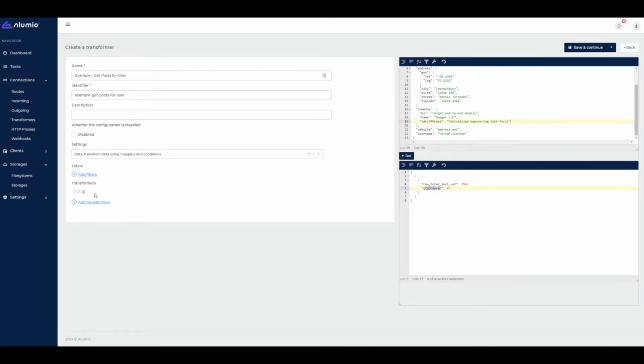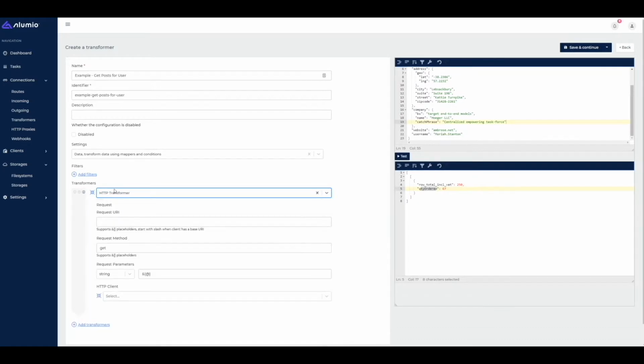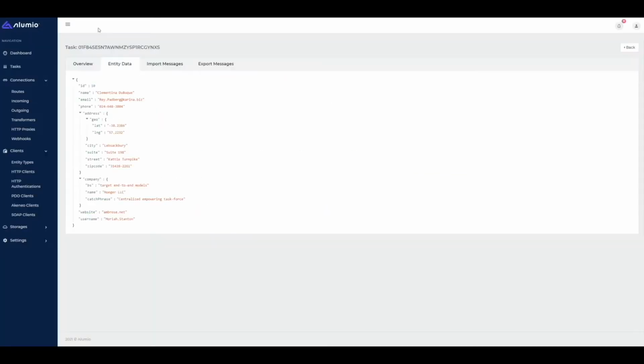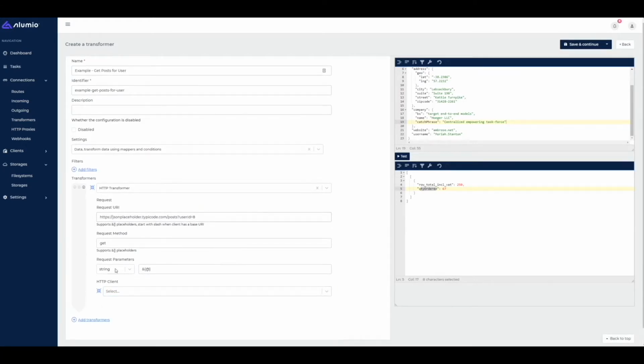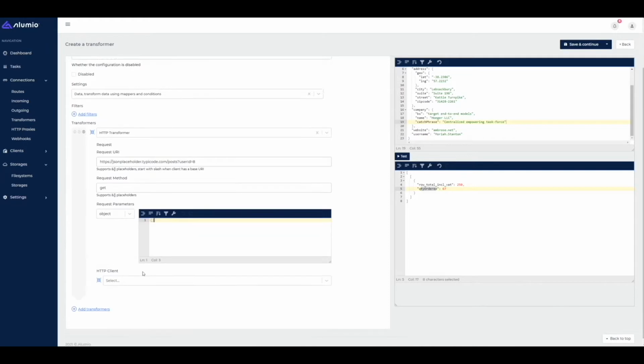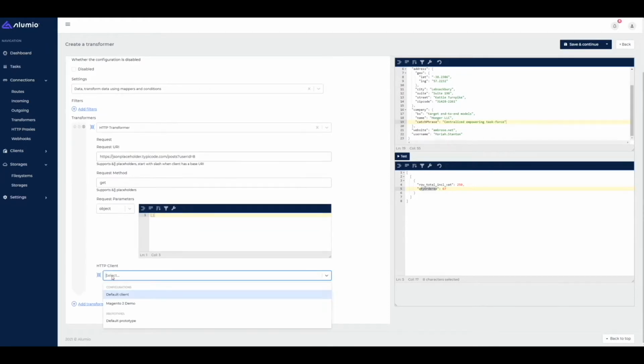Okay, so what I'm going to do is use an HTTP transformer, and this HTTP transformer allows you to do an API call dynamically. I'm going to copy this URL and paste it in here. For now, I will leave the user ID hard-coded. I will do a GET request, with an empty object because for now we don't want to pass any parameters, and